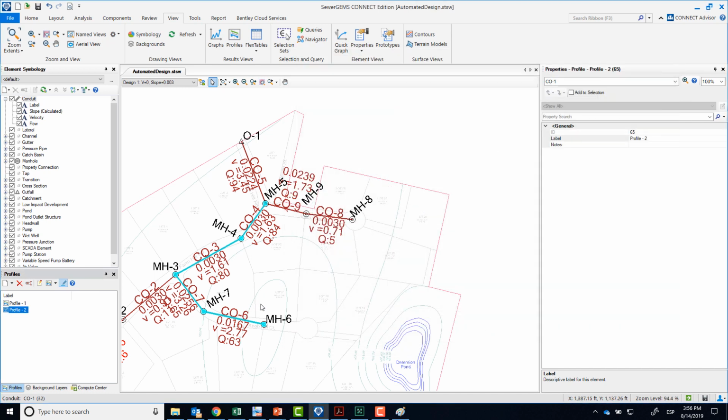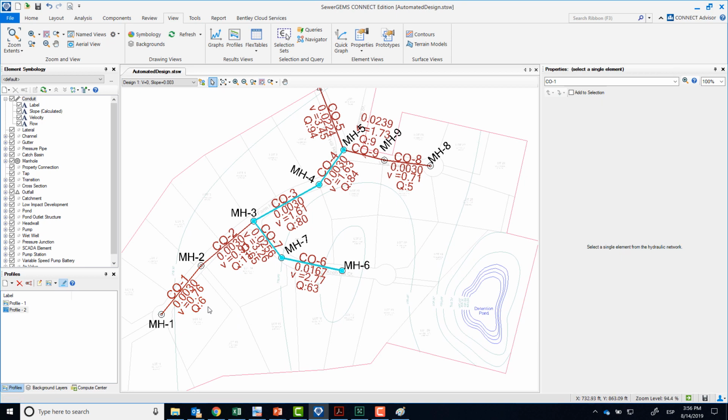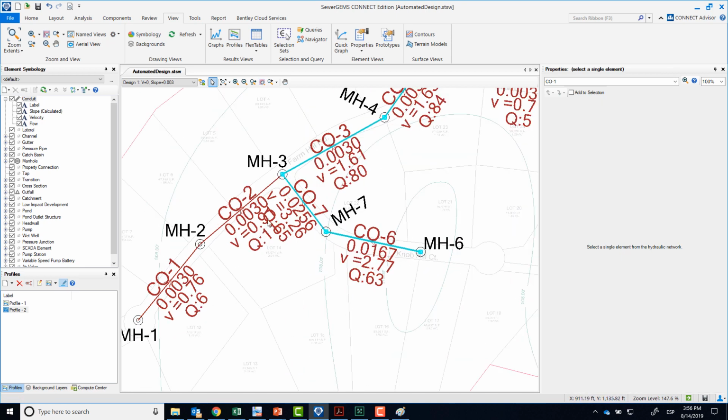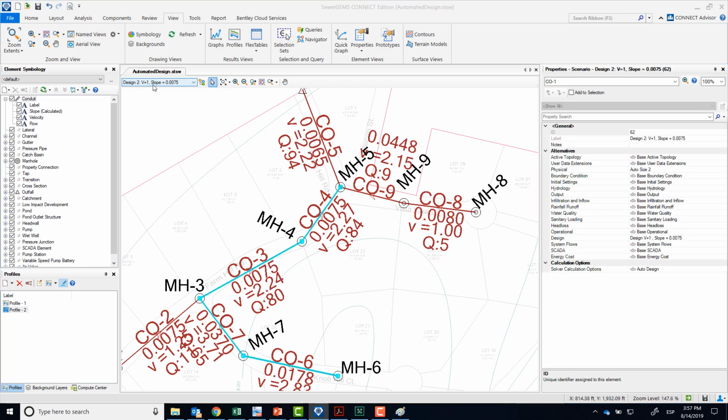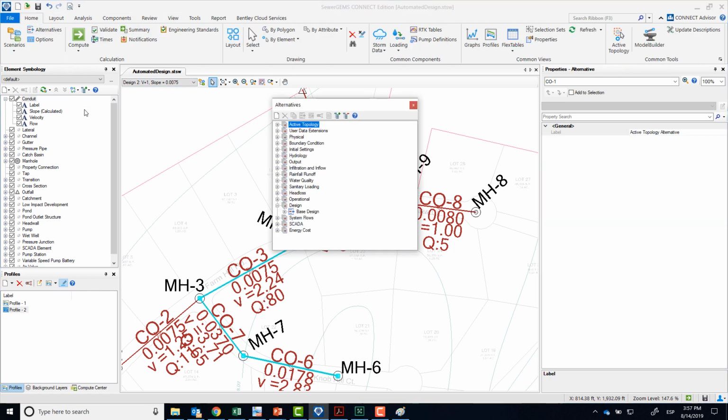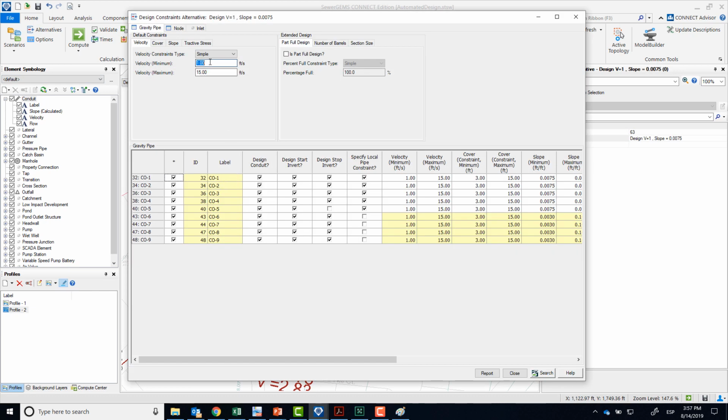All right, but one thing we did not like about this is the velocities. So 0.76, 0.9, and we said, what can we do to improve those velocities? Well, we're going to change our criteria. And then we did a second design run, and we said, okay, what if I now ask for a minimum velocity of 1? So let's go back to our alternatives, and we'll review what we changed. So here we're now requesting minimum velocity of 1. Cover is still 3,